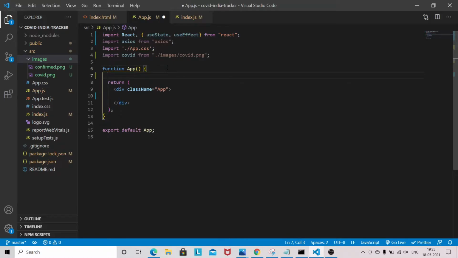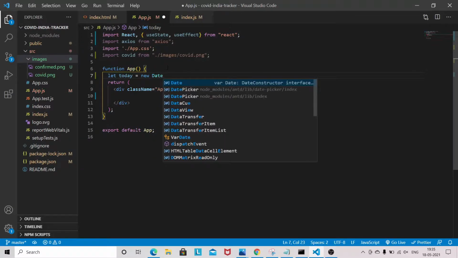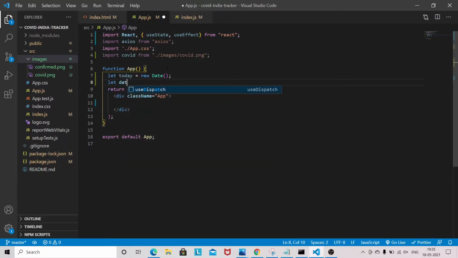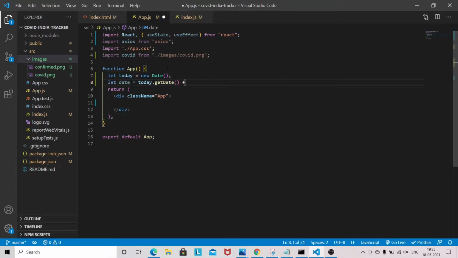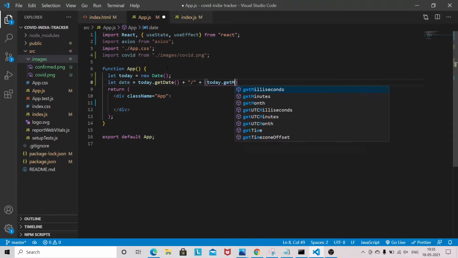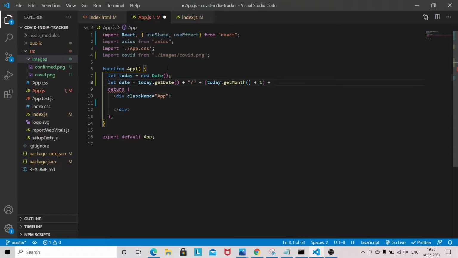Now first we need the date. So let today equal new Date, let date equal today.getDate, then today.getMonth, and since we need the date in DD-MM format, that's why I'm doing it this way.